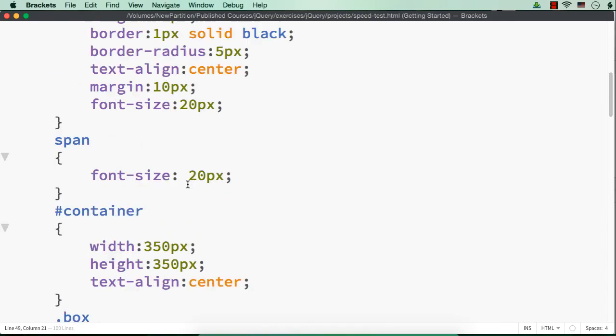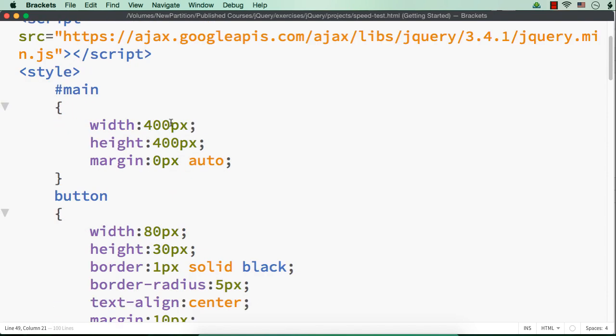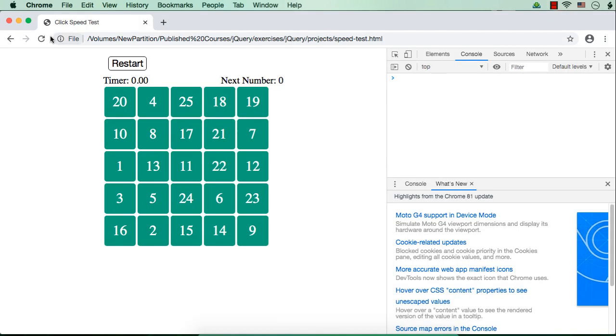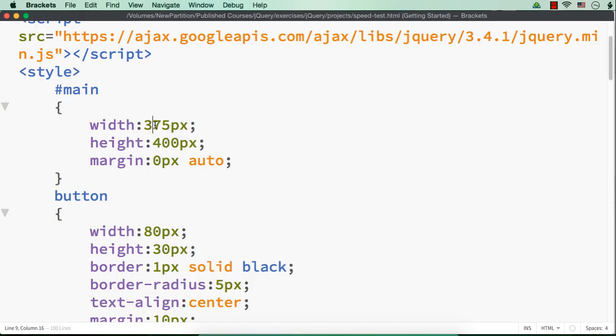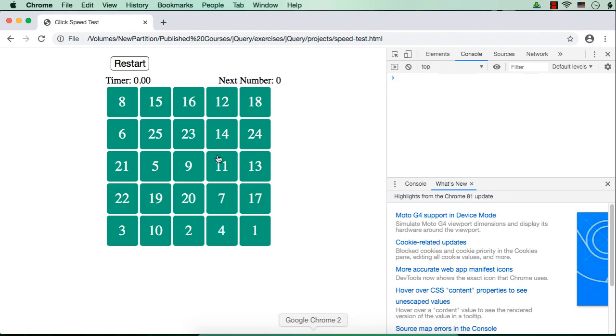So we can adjust the width of the main div if we want. Let me try with 375 and check the output. Oh, sorry. Let me save this and check the output. Okay, it is getting displayed here. Let me reduce it to 365 and check. See, it is now getting displayed like this.